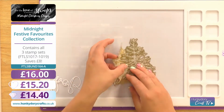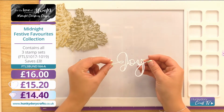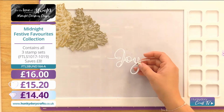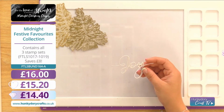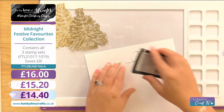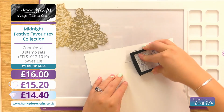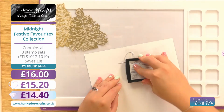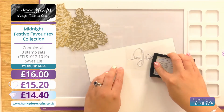It gives you a really nice look there. I'm going in with my combo die as well for my sentiment. So what I'm going to do is just grab a little bit of paper. I feel like this has been your favourite die of the season. It absolutely has been. I'm going to grab my embossing ink again, and just to bring that gold back into our card, I'm just going to go over